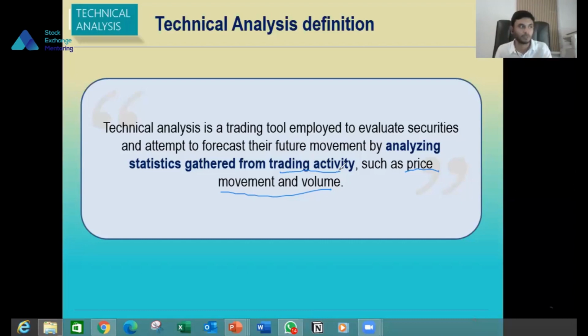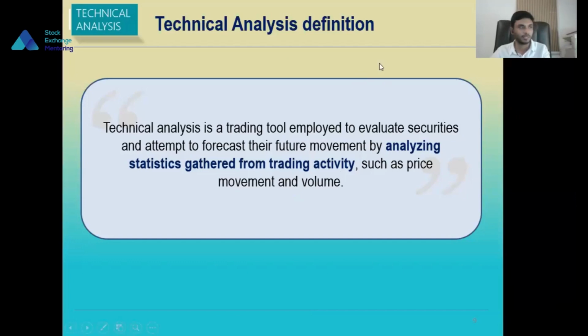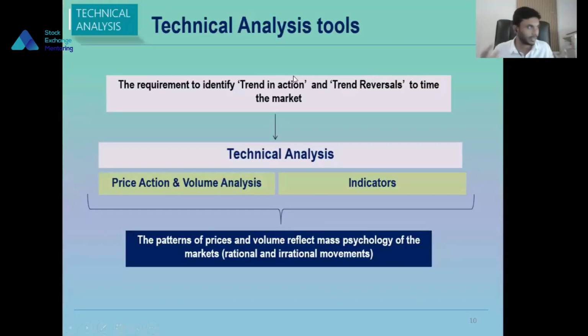So based on price movement and volume information, we will be exploring a lot of charts. When it comes to technical analysis, mostly we will be working and dealing with charts. That is the key aspect. That is why price movement and volume will be a primal important thing which we will be using for our analytical methods. Okay, so starting with that definition, we will break the subject down and see how these tools will be useful for us to make our trading decisions.